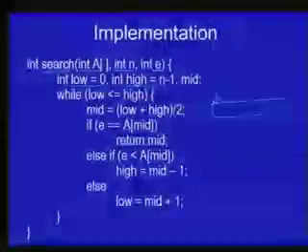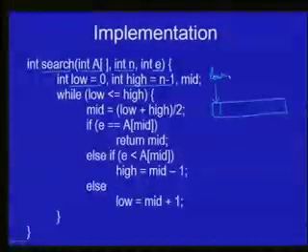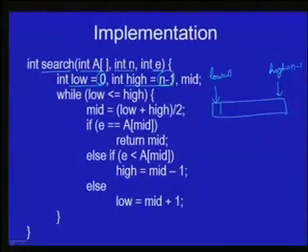To begin with, the entire array has to be looked at, and therefore low is pointing to the very first element of the array, that is, low is equal to 0, and high is the index of the very last element of the array, which is equal to n minus 1. So that's why low is initialized to 0 and high is initialized to n minus 1, because we have to look at the entire array from indices 0 to n minus 1. The variable mid will be used to compute the index of the middle element of the part of the array that we are currently looking at.